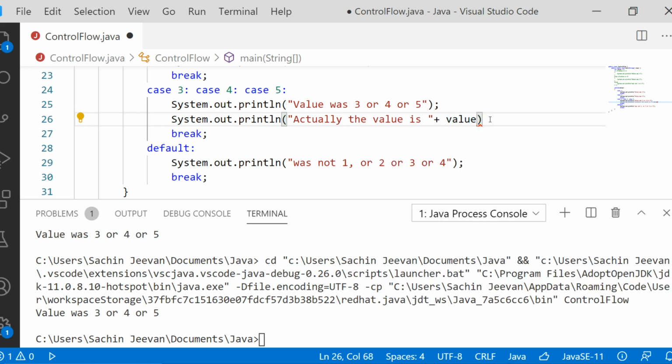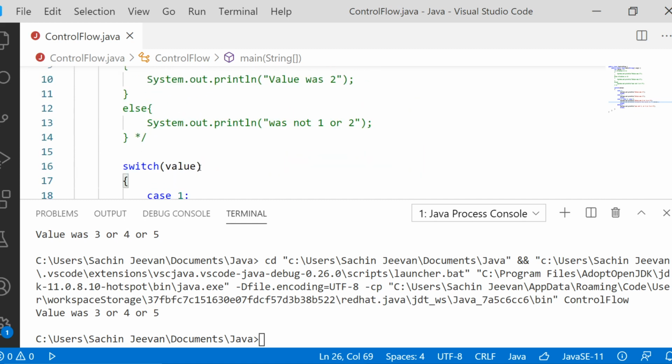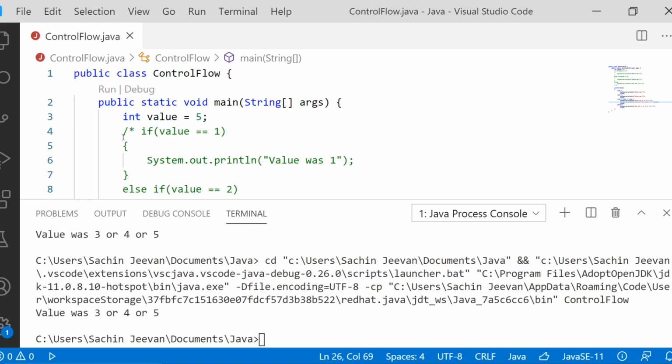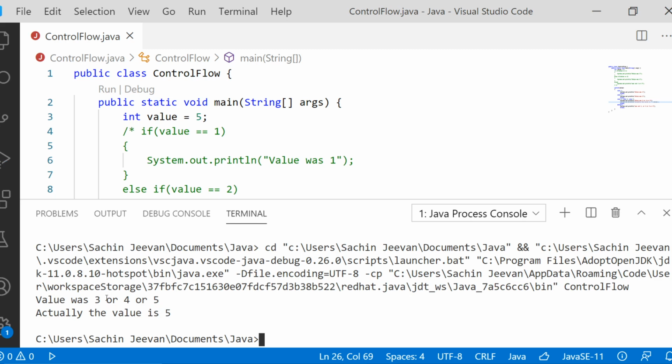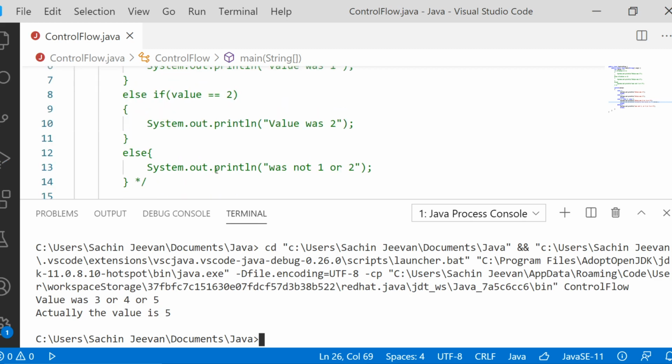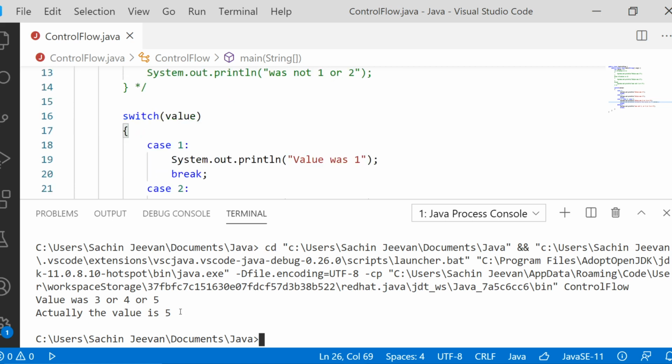Okay, fine. Now let us check, because now the same block is printed and we do not know whether case 3, case 4 or case 5 is working. Now we can check with value 5. When value is 5, we will execute. So now "value was 3 or 4 or 5, but actually the value is 5". So because of case 5 only, it is getting printed.